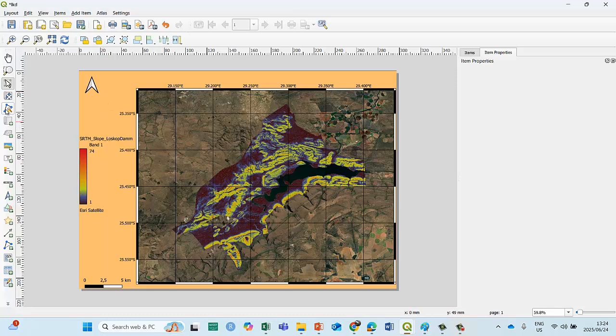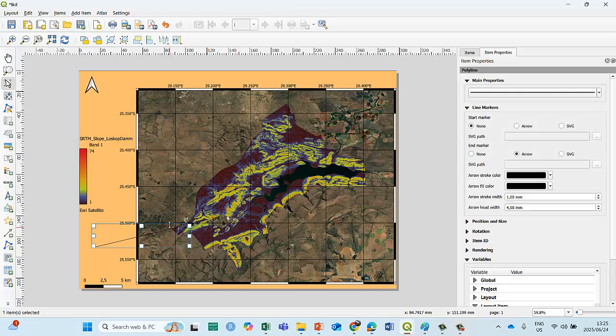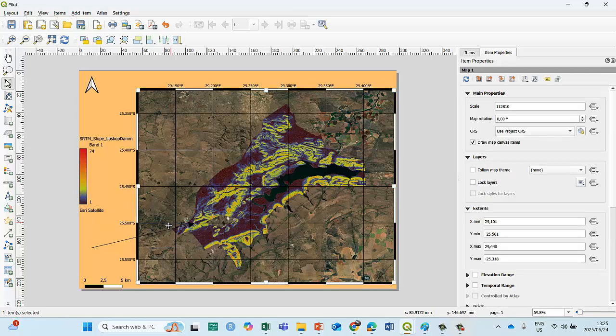So you can play around with all the other items that you want to play around with. You can bring in pictures if you want to. There's an arrow that you can bring in if you want to do that. Let's delete that.